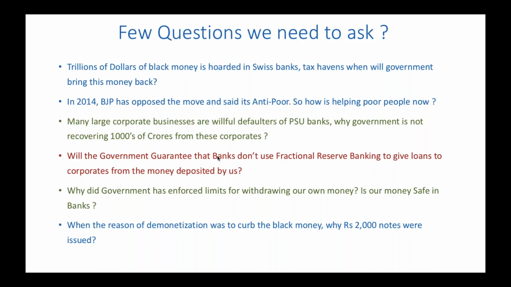Number four, one question I have: we are depositing our money in the banks. Assume that everyone in India is depositing, for example, all their money into this banking system, and the banking system uses something called fractional reserve banking, or fractional reserve lending, which means if a person comes and deposits say 100 rupees in a bank, the bank has the right to keep only 10 rupees from it, and they can actually distribute the remaining 90% to any other person.